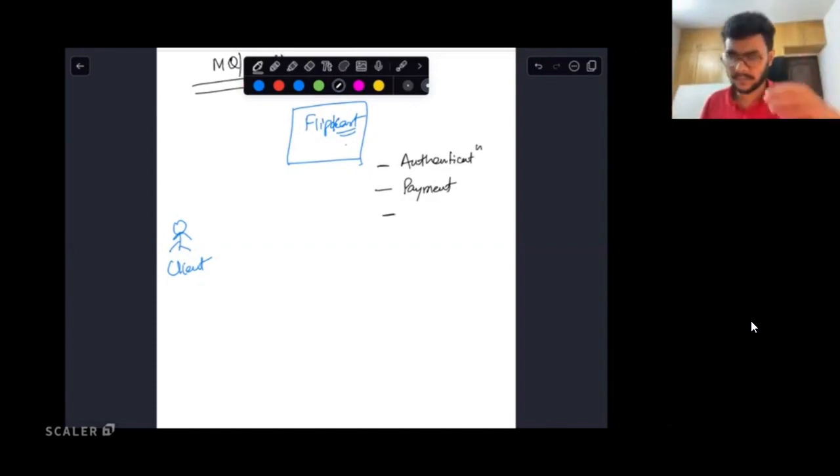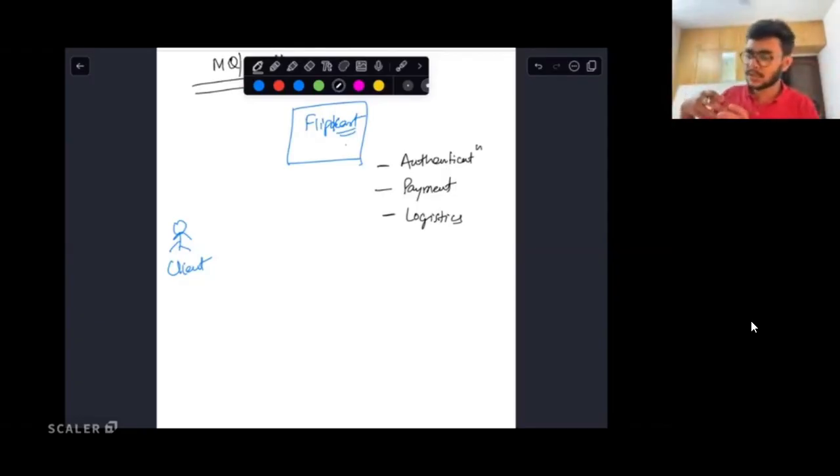After the payment is done, there will be some logistics service that will be called. Let's say I have bought a chair. Now that chair needs to be delivered to my home, so the logistics service needs to get access to the information that someone has bought this specific product, and take some actions on top of it.